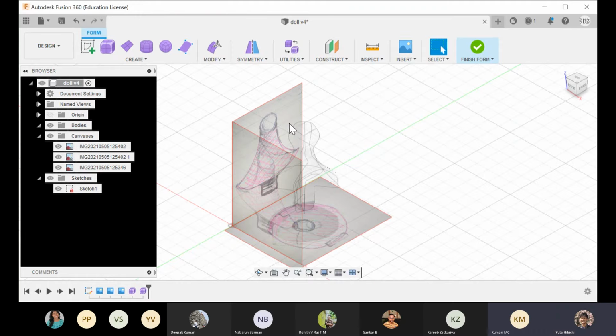The first one is the sphere on the top, the second one is for the body, and the third one is the bottom part.